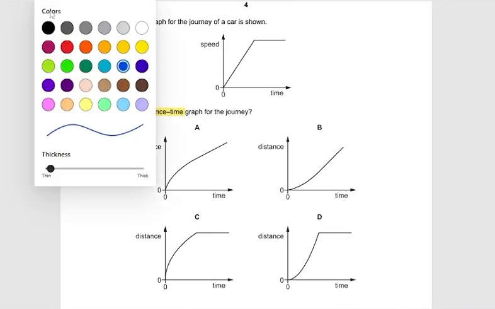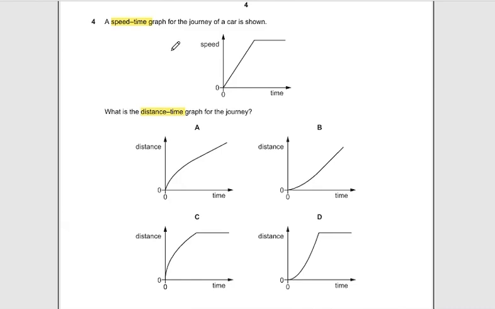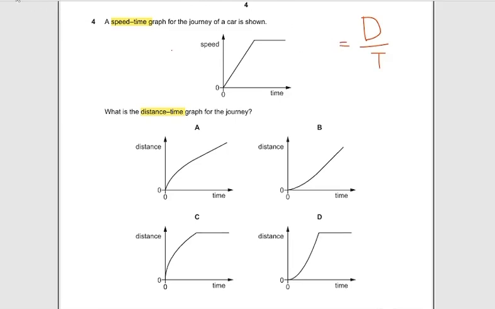One easy way to solve these questions is that you find relations between speed, time and distance. We know that speed is equal to distance over time. It has to be written as speed, and distance has a symbol of s, so I'll be writing it as s. So when we know that speed is distance over time,